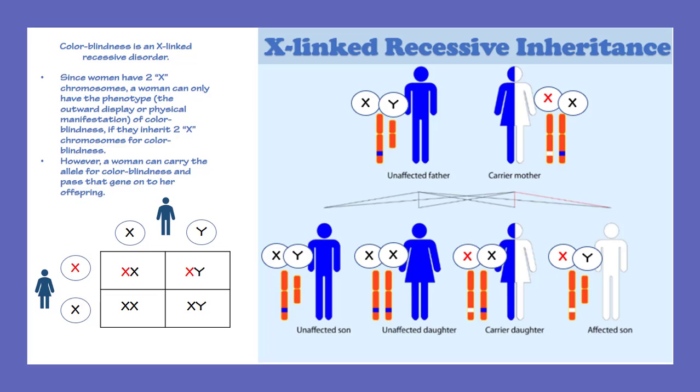Since women have two X chromosomes, a woman can only have the phenotype, or the outward display or physical manifestation of color blindness, if they inherit two X chromosomes for color blindness. However, a woman can carry the allele for color blindness and pass that gene on to her offspring. So let's see what happens in this situation. When we fill out our Punnett square,